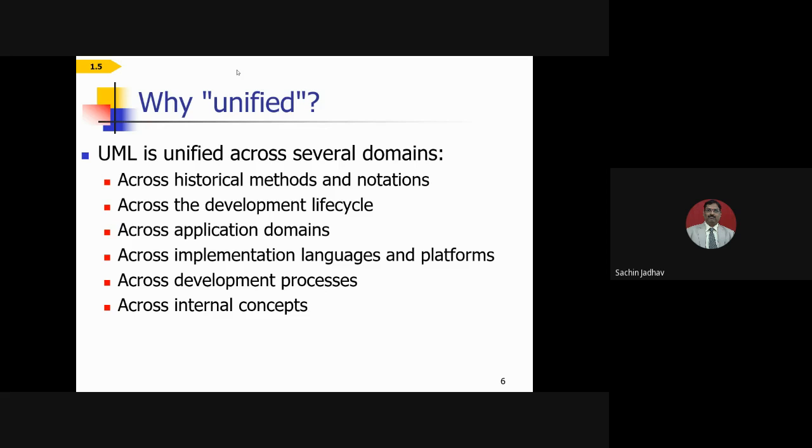They are not understanding that particular basic, and they have to learn from scratch again what notation and which notation is utilized for what purpose, which method is being utilized, what life cycle they are following for object-oriented software development, right? So across all the development life cycles, one unified life cycle is required, and hence the unified concept comes. Okay, so in all application domains, in the implementation language and platforms, in the development processes, and